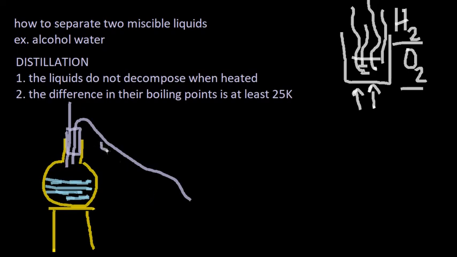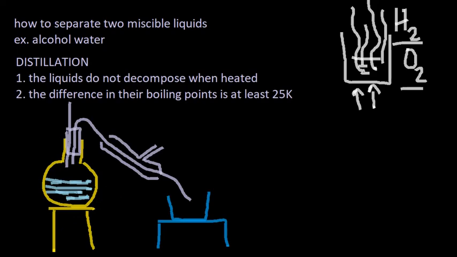This delivery tube is enclosed in a condenser. A condenser is a device which will condense the water vapor or the vapor of the liquid that is passing through this delivery tube. And the other end of the delivery tube opens out in a container which may be kept on some other stand.